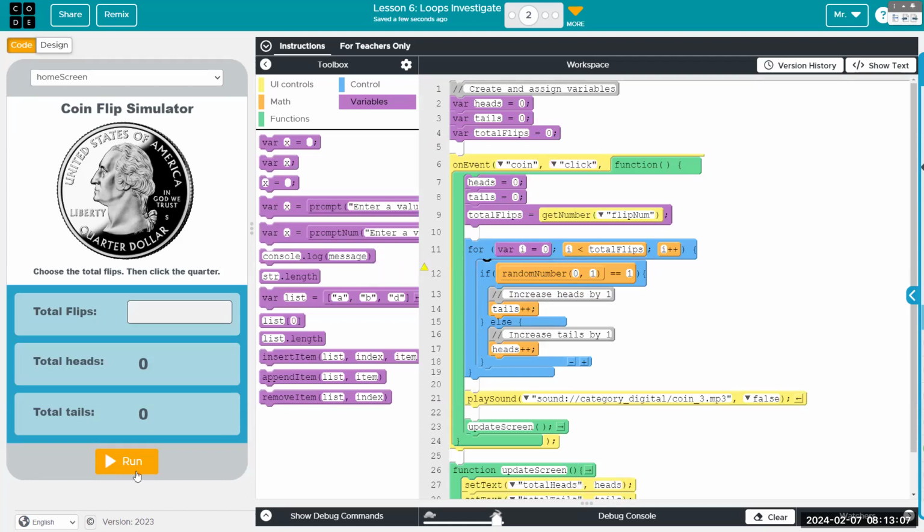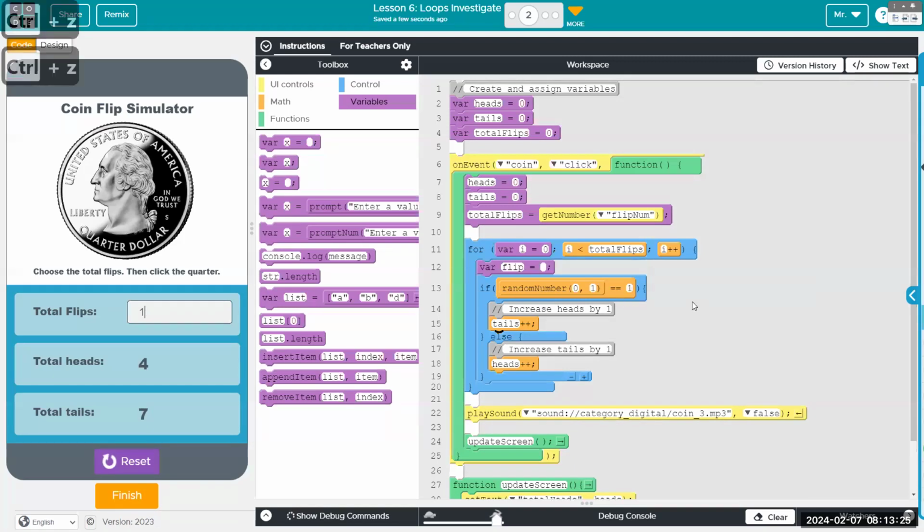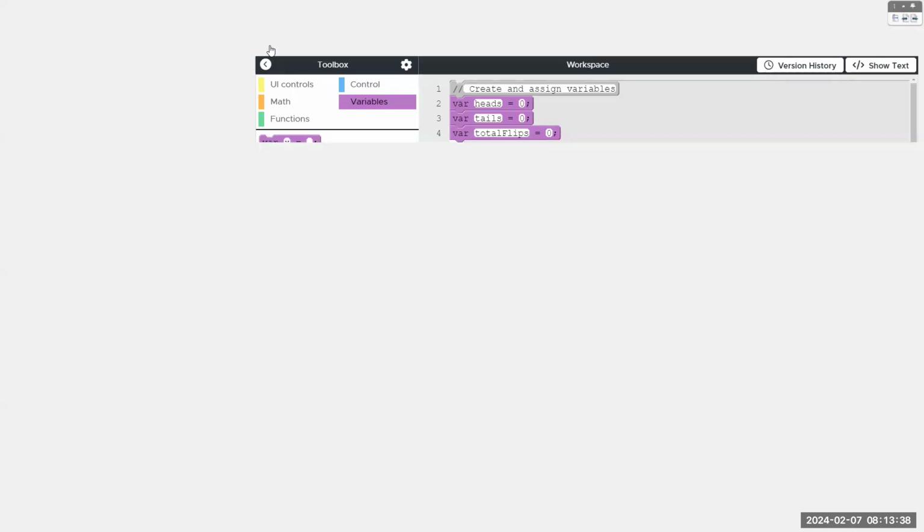This also should work as it's intended. So if random number 0 to 1 double equals 1, which is the same thing, if random number 0 to 1 double equals 0, do this, otherwise do this. I do at this point agree with the use of a local variable just to organize things, but so that's it.